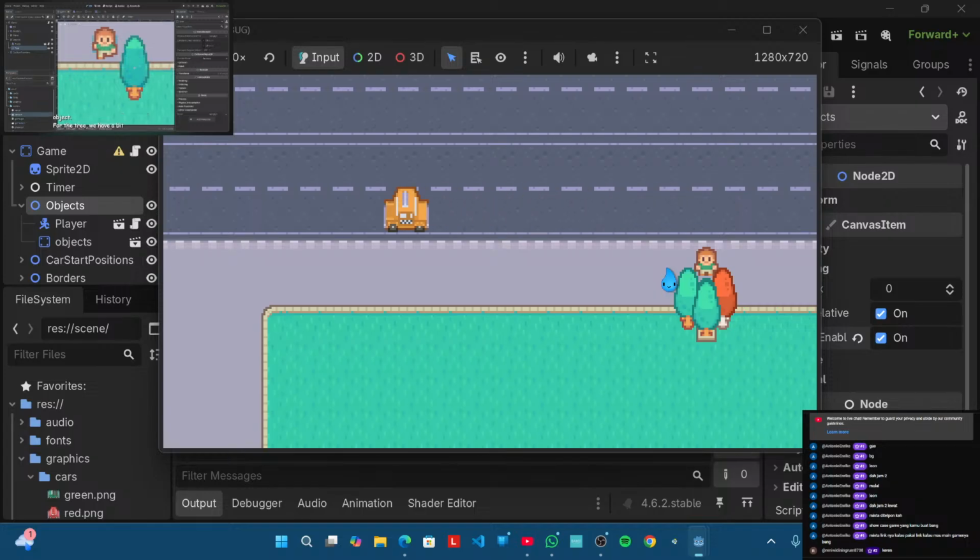For the tree, we have a bit of space at the top and the bottom, and same for the player. We have